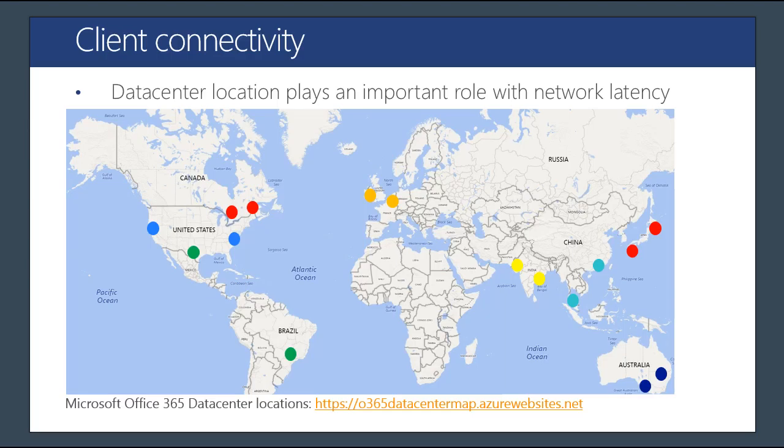So I think this is just a diagram that shows where our data centers are located, because the physical location of where your application and your data is residing, and the location of where your users are accessing it from, can play a key role in the performance and the responsiveness of the application. We have seen multiple examples where the data center might be in Europe somewhere, so the application is hosted and all of the data is in Europe, but the users are trying to access this in China or maybe different